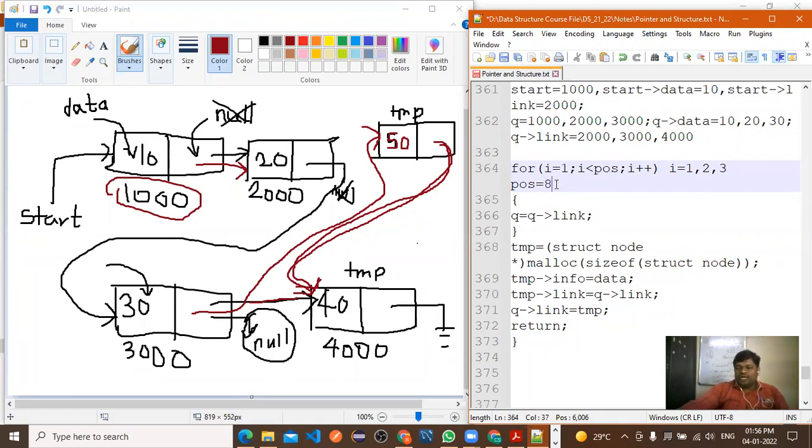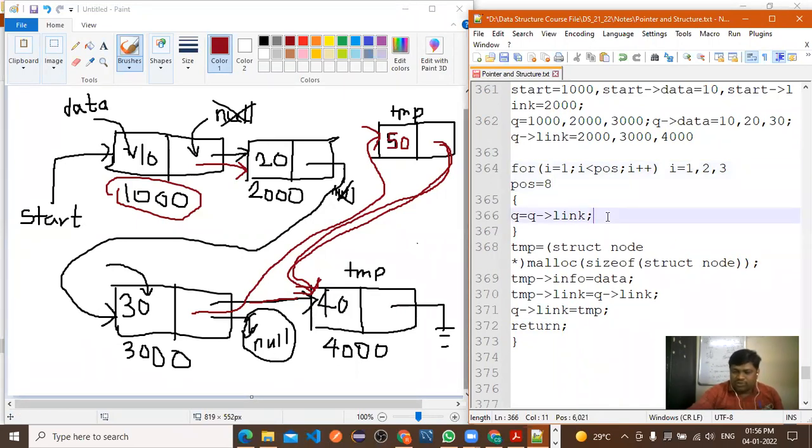The POS is equal to 8 टाकलं तर काय होईल? तो इथं येईल 4 पर्यंत येईल पण 5th पोझिशन अवेलेबल आहे का इथं? नाही. 5th position is available or not.